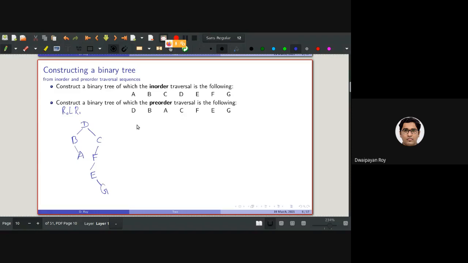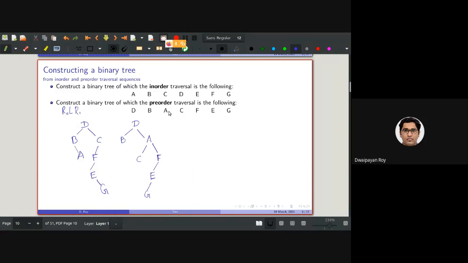Also, if I draw another tree, say D, B, A, C, F, E and G, the pre-order traversal of this tree will also be this.